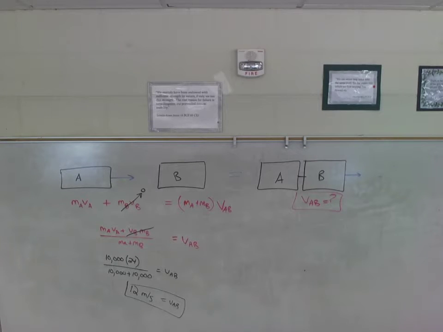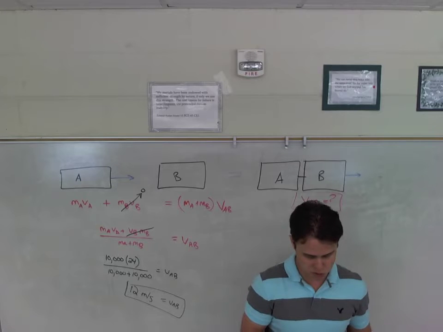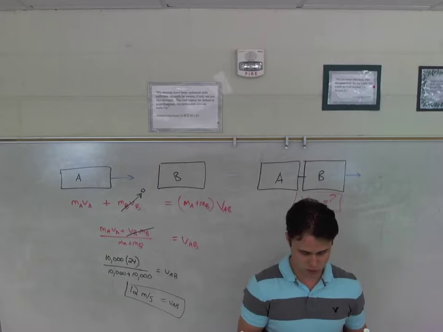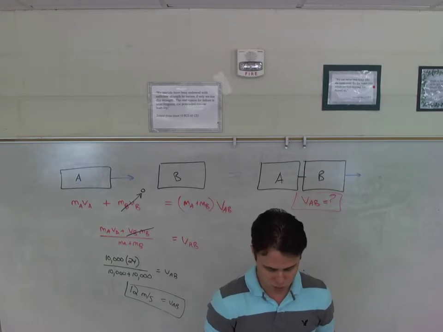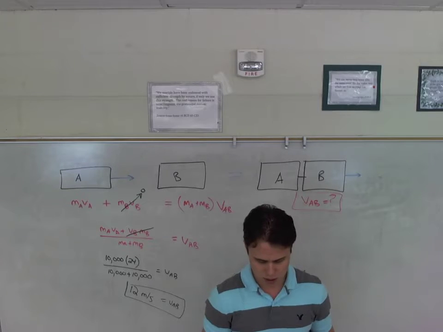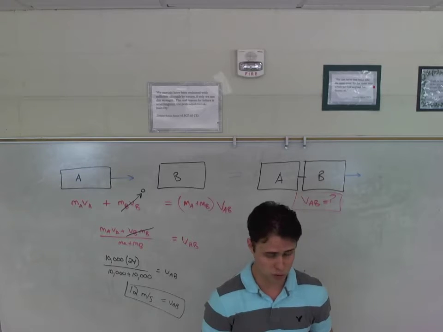Okay, I thought we'd read these top two paragraphs, so I'm just going to read them out loud. You guys can follow along on page 172. There's not much in here we need to read, but this is nice. It says, as long as no external forces act on our chosen system, conservation of momentum is valid. In the real world, external forces do act, like friction, or gravity acting on a baseball, and so forth. So it may seem that conservation of momentum cannot be applied, or can it? In a collision, which is mainly what you're going to be studying in this section, when things collide like pool balls or something,